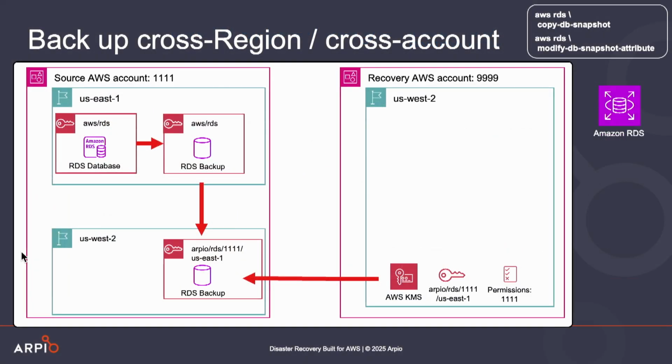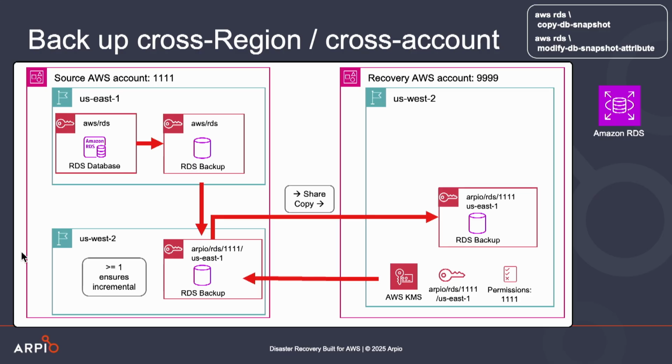But not only that, this is where it gets clever, okay? We also created a key in the recovery environment. This key is a customer-managed key. It's not an AWS-managed key anymore. It's a customer-managed key that lives in the recovery environment, and we're encrypting our backup with that key. And that makes it so easy then just to share this across and now copy it where it needs to be, right? So we can now use these commands.